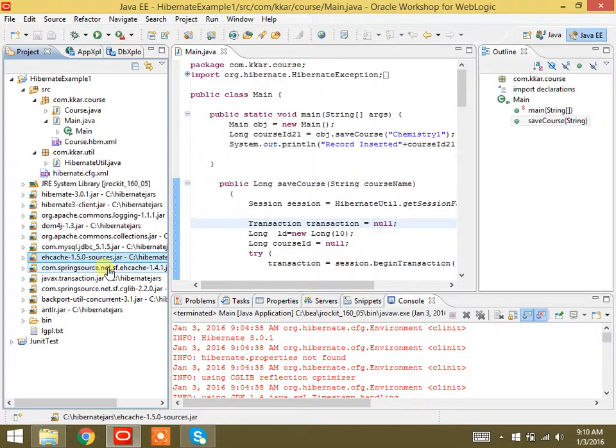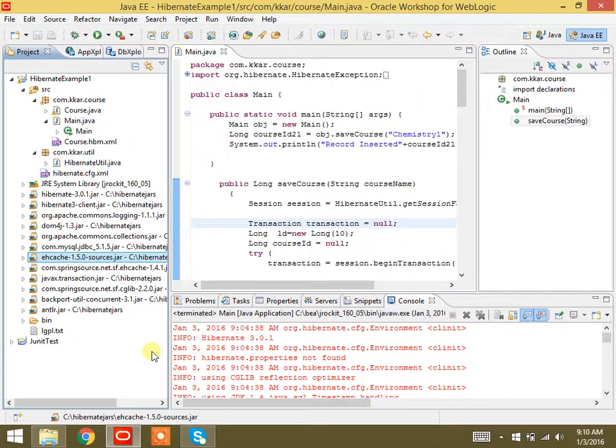Next, CGLib is there now. Able to see? Where is that CGLib? Whenever CGLib is there, it is meant for providing appropriate adjustment to your Java classes.